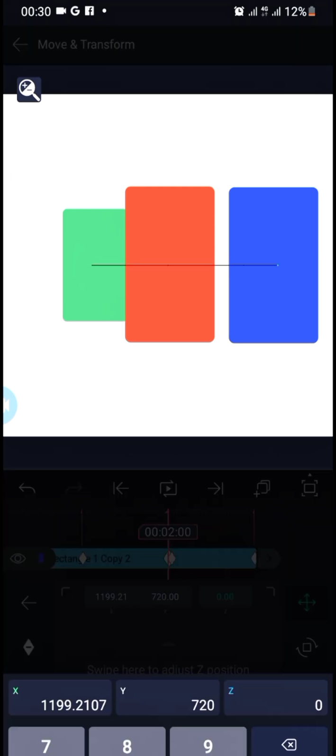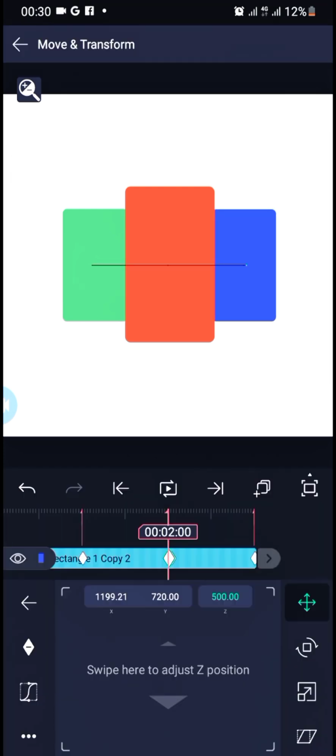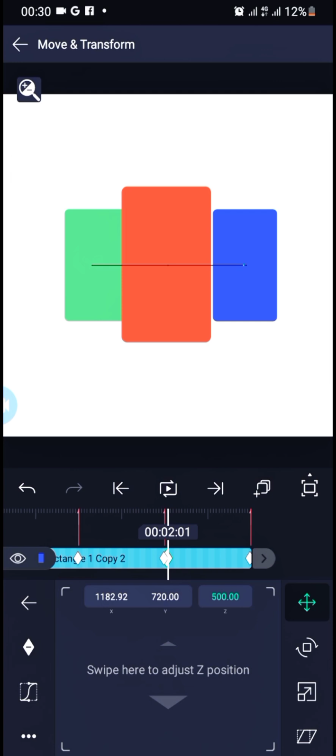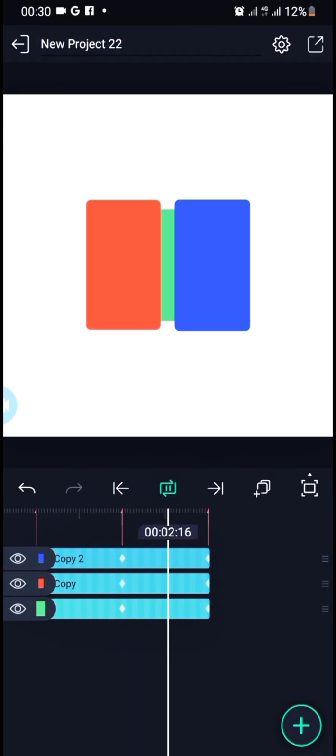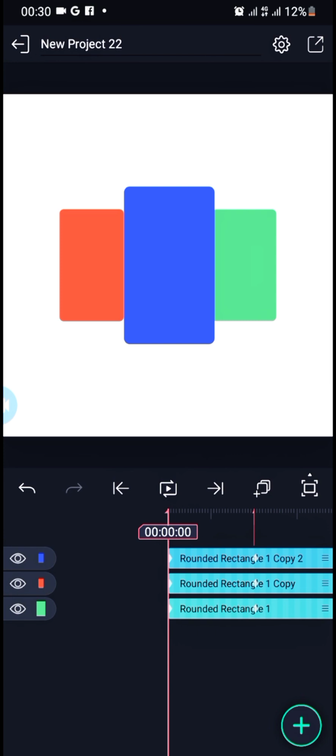So this one should be 500 here. 500. Okay. Now for that second keyframe, I'll remove it. That's a mistake. So I think it should work well now. 1, 2, 3. That's nice. So what I'll just do is I'll give them